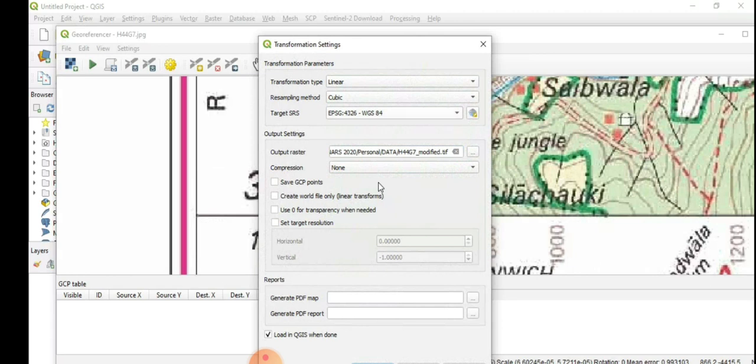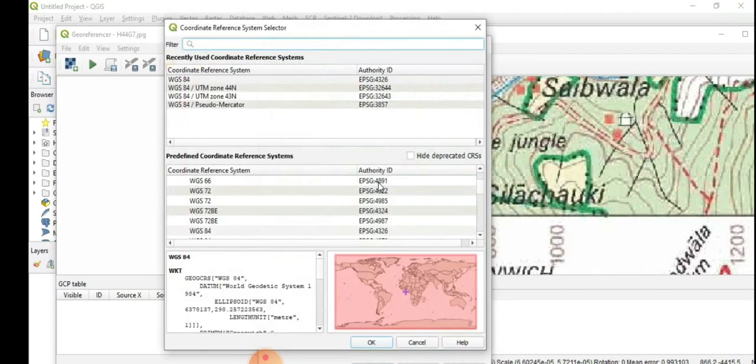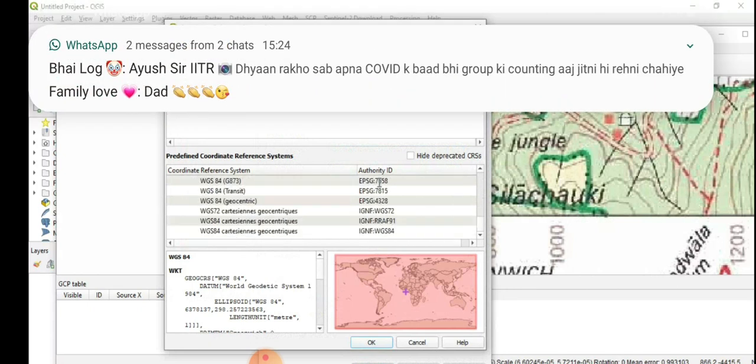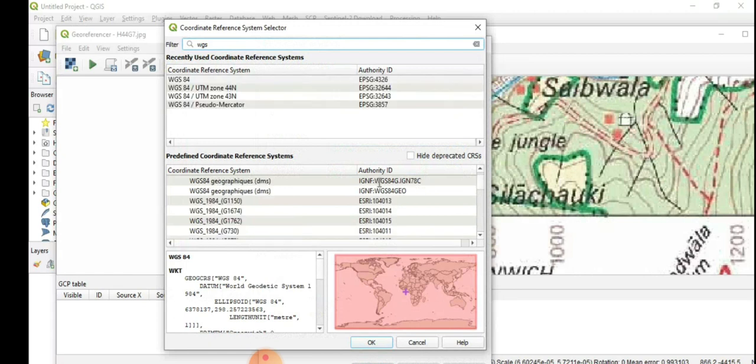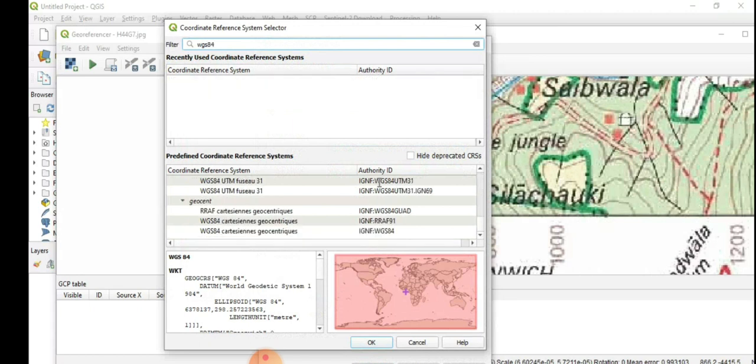If it is not visible on your screen, you can select this option and type here WGS84.